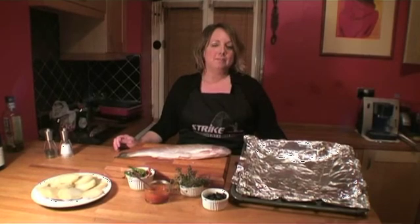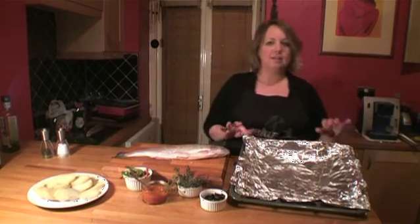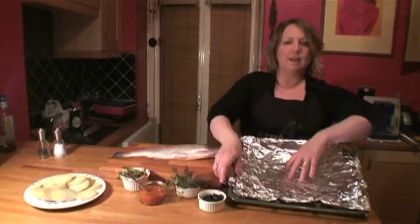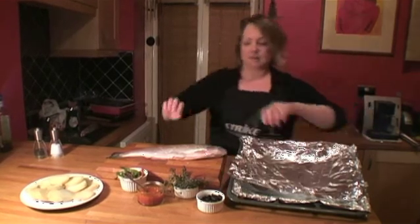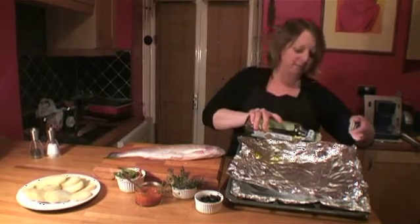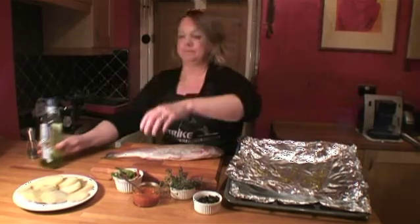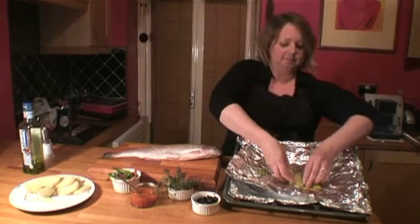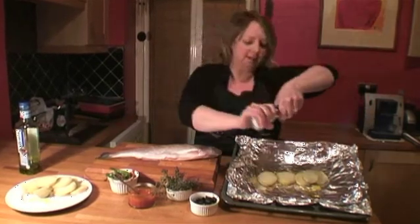Now we just need to assemble the dish. We're going to cook the trout in a tin foil parcel. So here I've got a big piece of tin foil on a tray, and this is a double thickness of tin foil. Start by drizzling a little olive oil onto the tin foil and add a layer of potato. Season the potato well